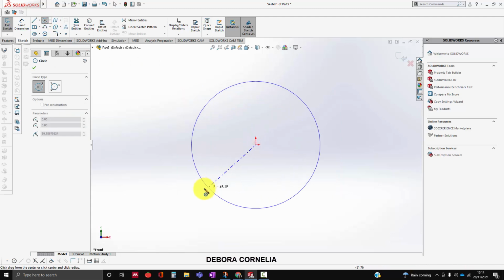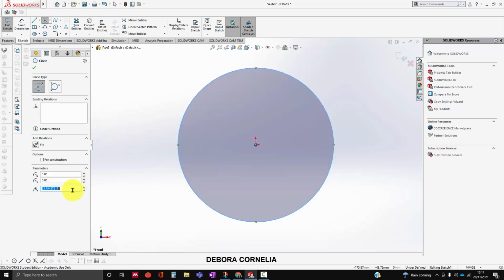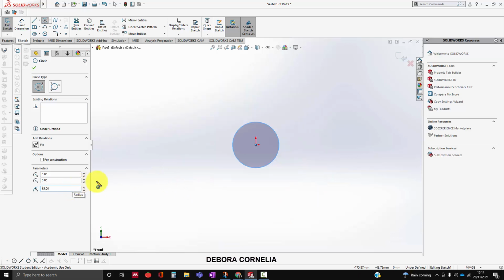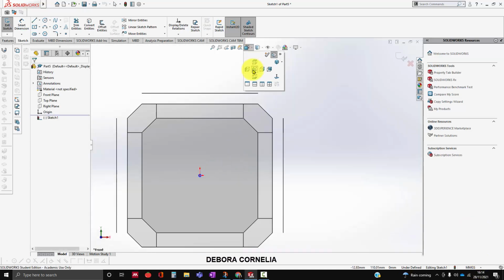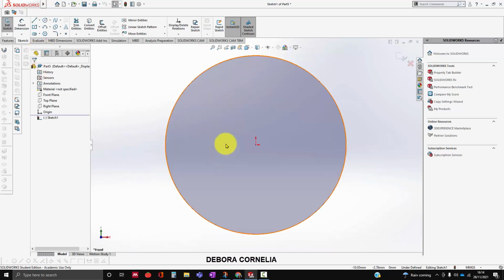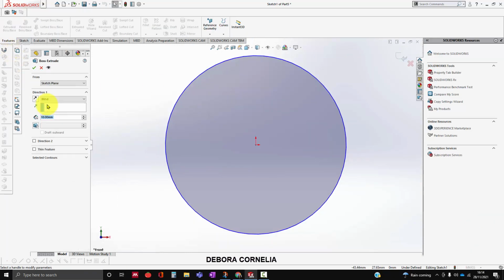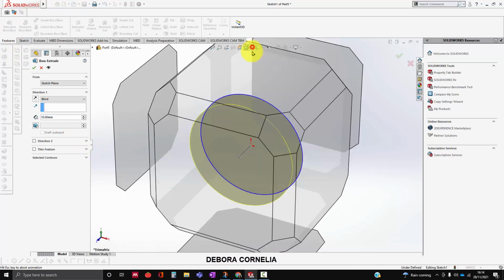circle, for instance, 25, so 25 millimeter, but you can always check the unit on the bottom right. And then this is the method one. So extruded cut, you click that,